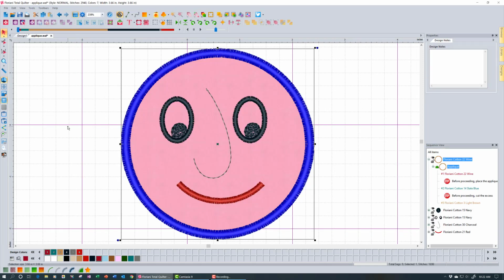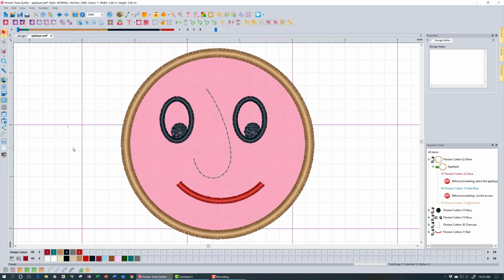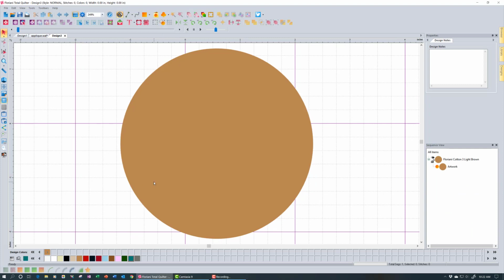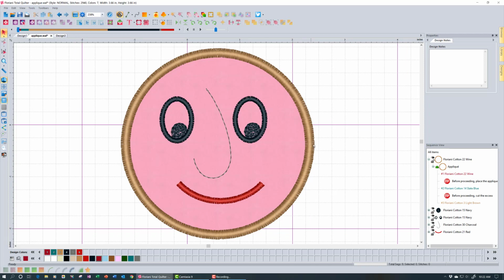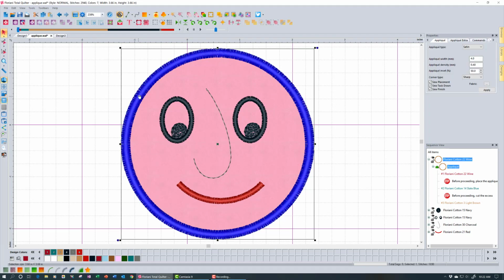I had this selected. What happens if I don't have it selected? What happens if I just click Cut Preview? Okay, well, the exact same thing happens, because what it does is it picks up the first object that it has an underlying vector for, or piece of artwork, and sends that to the Cut Preview. What if I had more than one thing I wanted to cut? Like, for example, what if I wanted to cut this big piece, and I wanted to cut two little pieces for the eyes? Even though these aren't applique objects, if I just want to cut this and cut this,